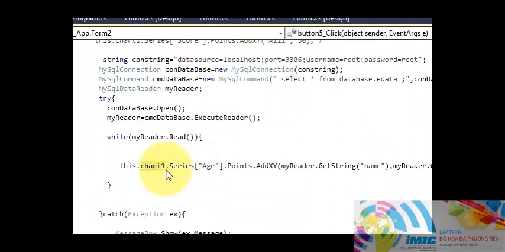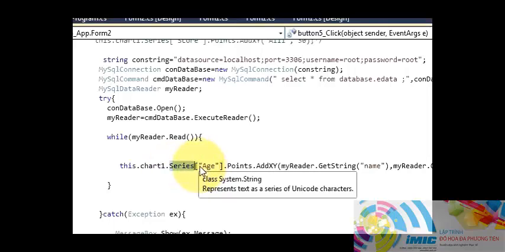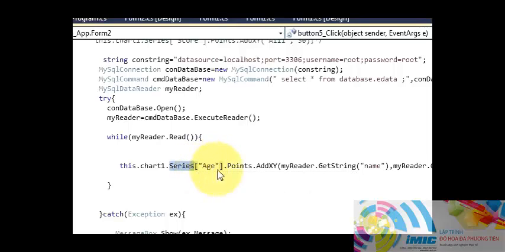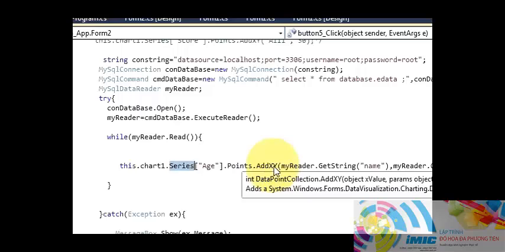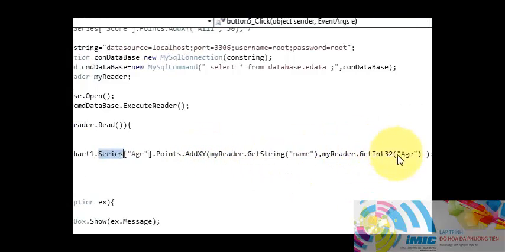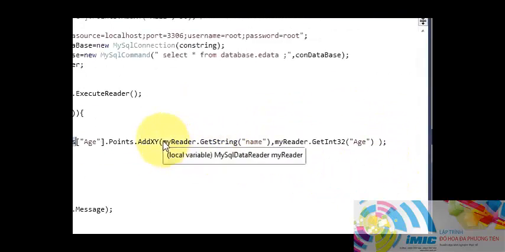So this chart dot series and the name of your series. I showed you how to define the name of your series in the last video, so if you don't know, check that. Dot points dot add x, y, and then make a bracket, and in that we will pass